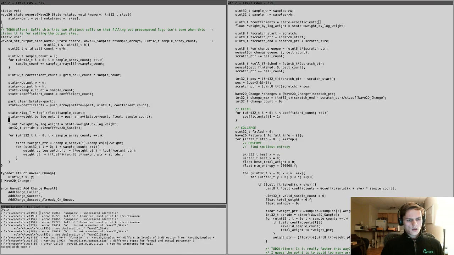Okay, so we grab the weight pointer and we start going along. But the only thing we want to make sure that we're doing correctly here is